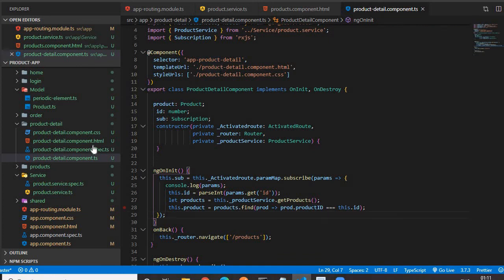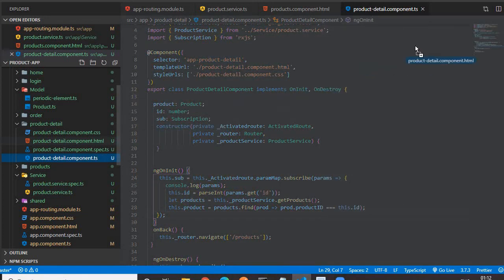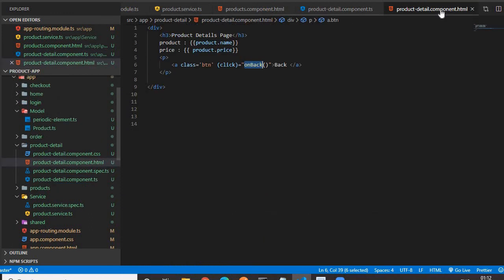So we'll go to the product-detail.html page. In the HTML page, we got the product and we display its details by using product.name, product.price within double curly braces. I already taught you that double curly braces are called interpolation, which is one-way binding. In this way we have displayed the details of the product.